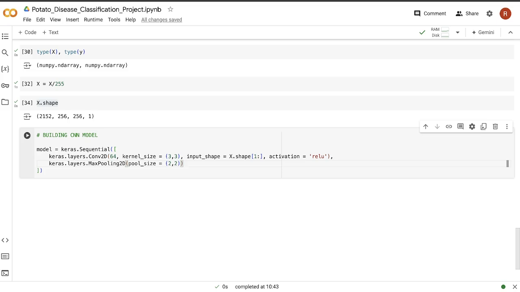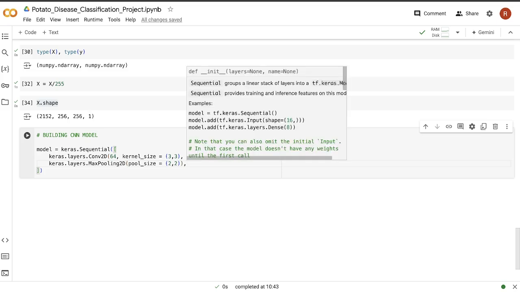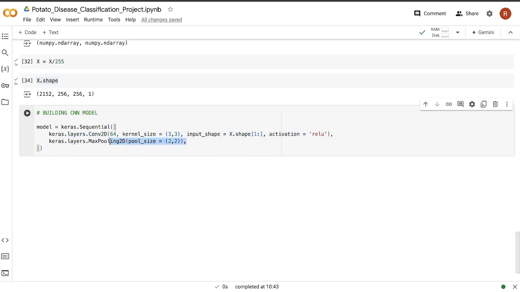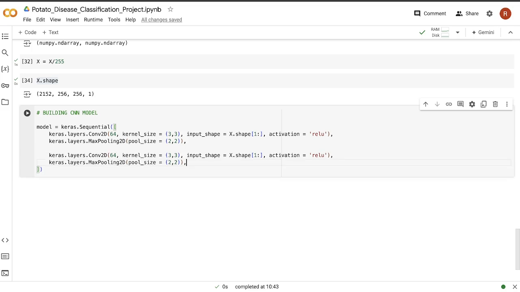You can add as many convolutional layers similarly as you want. So let me repeat this layer. I will add one more convolutional layer here after this, with the same filter size, and everything remains the same, but now we don't require the input shape here. So this is our second convolutional layer followed by the max pooling layer. We are just keeping it simple: two convolutional layers followed by two max pooling layers. After that, we will flatten our data.